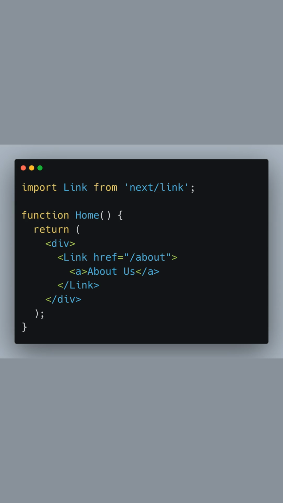Here we have a basic Next.js component called Home. It renders a div with a link component inside. The Link component is imported from next/link, and it's used to create client-side transitions between routes. The link points to the About page. When a user clicks on it, Next.js will navigate to the About Us page without a full page refresh, making